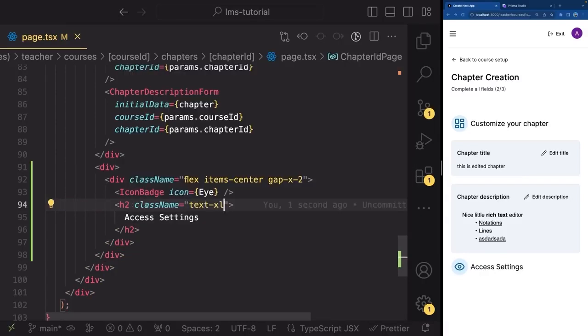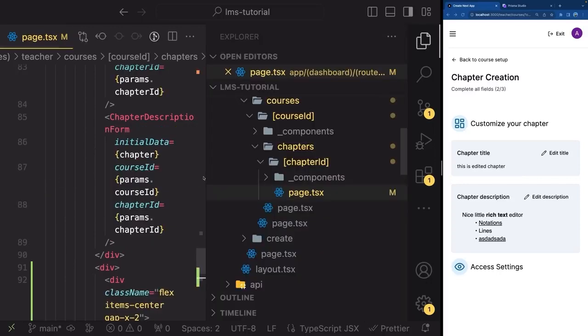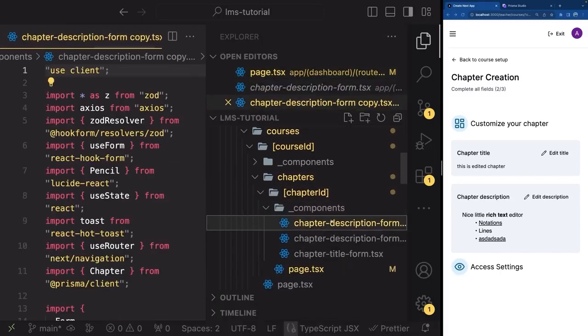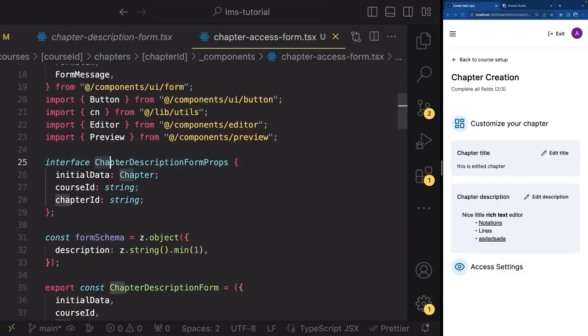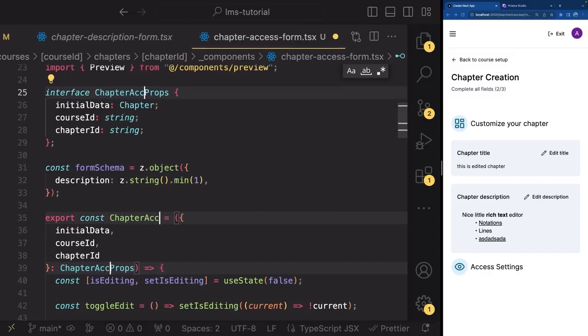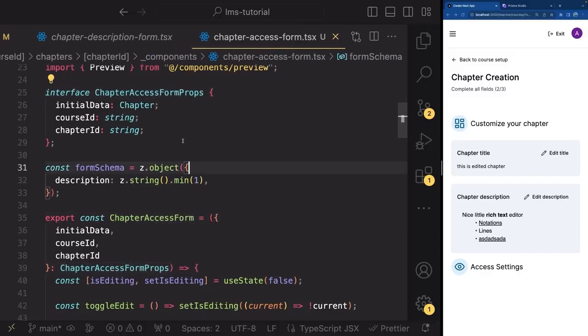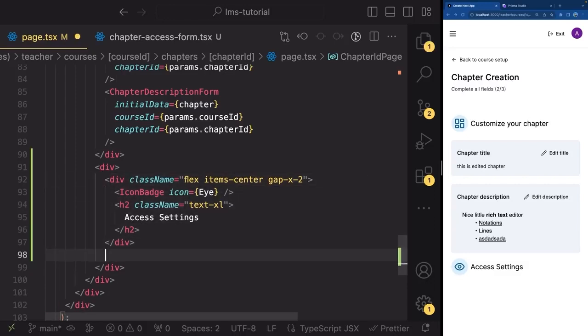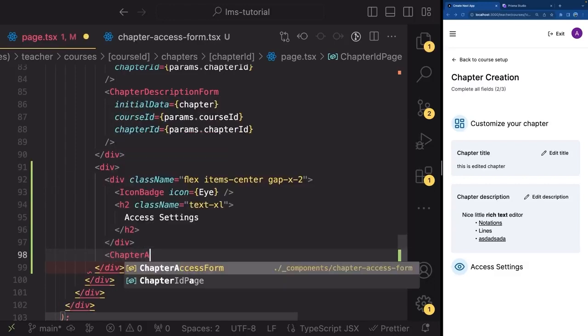Great. Now I want to copy the description form. Let's paste it and rename it to chapter-access-form. Let's go inside of chapter access form and quickly rename this. It's going to be ChapterAccessForm. Great. Now let's go inside of page.tsx, outside of this flexbox div, and render the chapter access